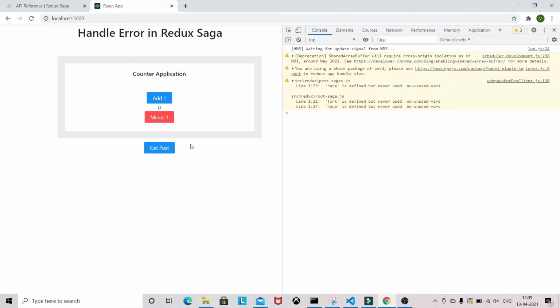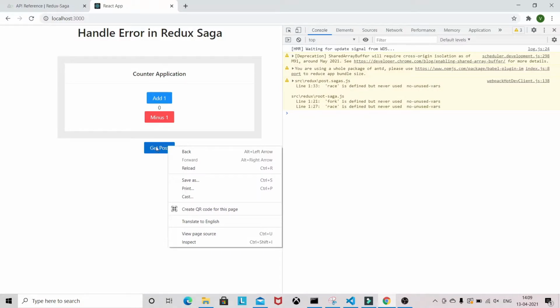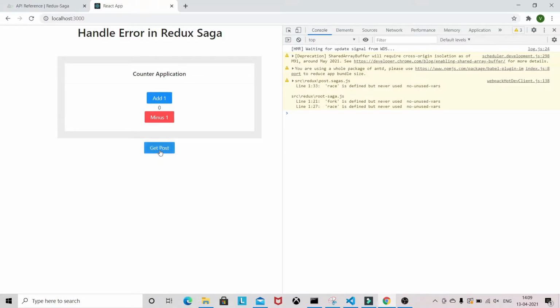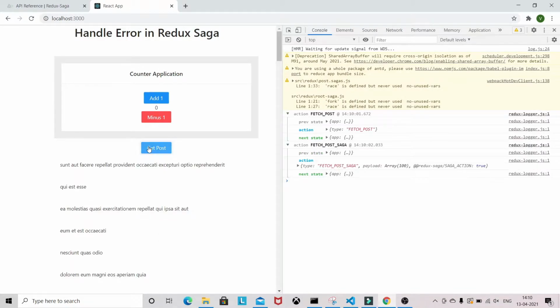Let's see the example, where we are getting the posts. Assume that for some time this API is not working. As of now, I'm using the JSON fake API to get the posts.